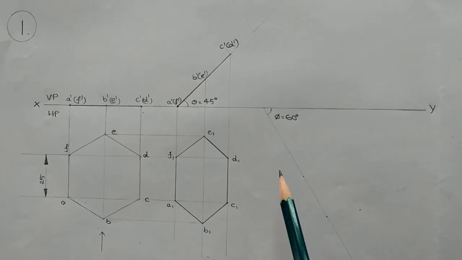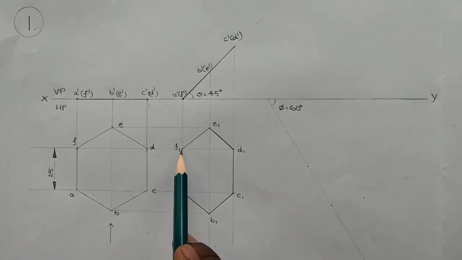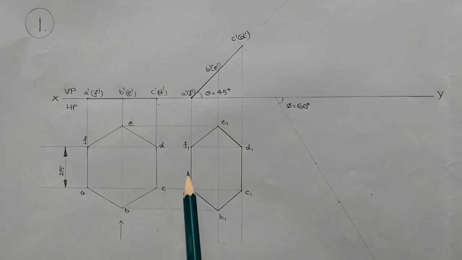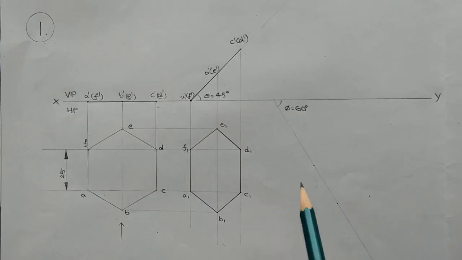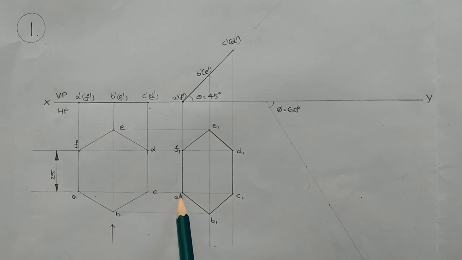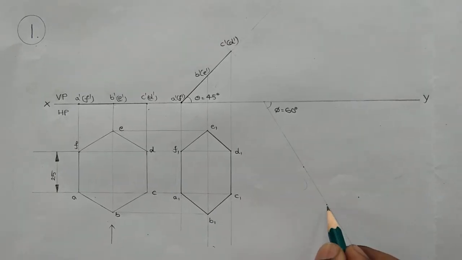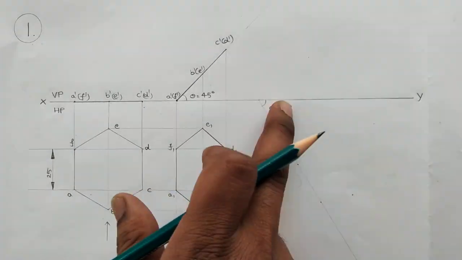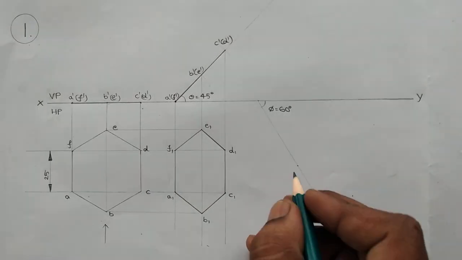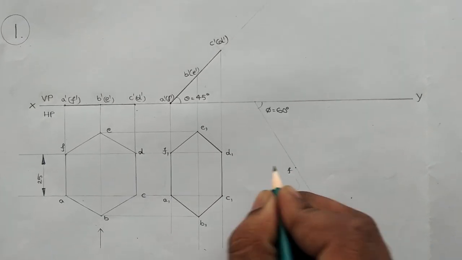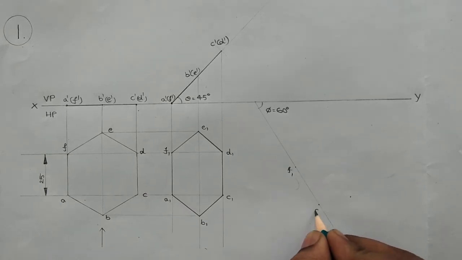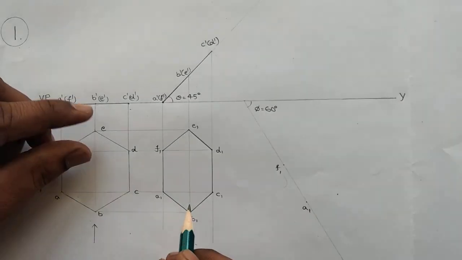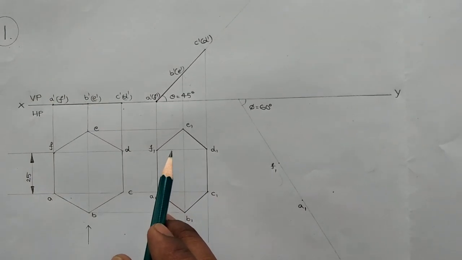That condition is also available. Similarly, we should keep these particular points, that means this side, 60 degrees inclined to the VP. So here I have drawn a 60 degrees inclined line. Similarly, we should mark A1 and F1 on this particular line. Here I have marked them, leaving some dimension because it should not touch this particular line. So that is why we should leave some dimension. And here we can mark these points. This upper point is F1 and the bottom point is A1. So with respect to these two particular points, we should mark the remaining points. Here I am telling you one example.